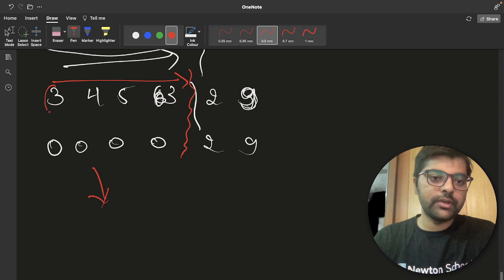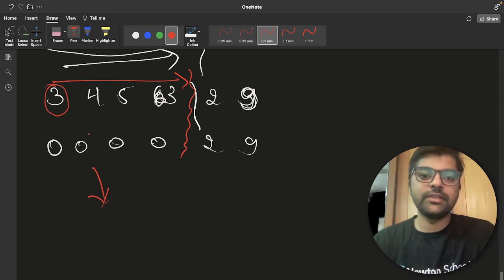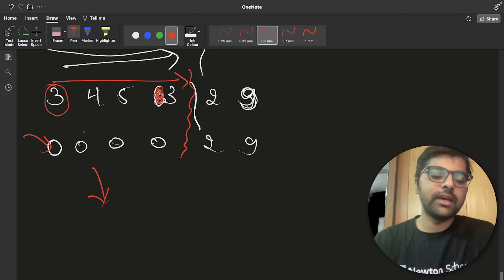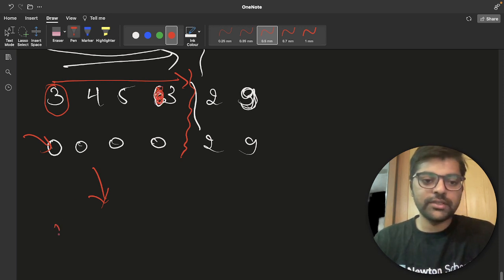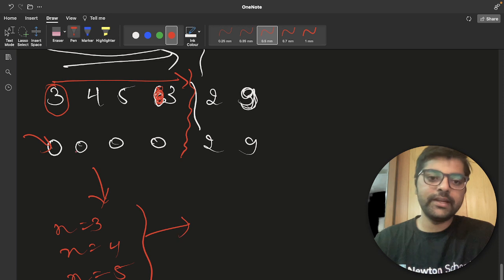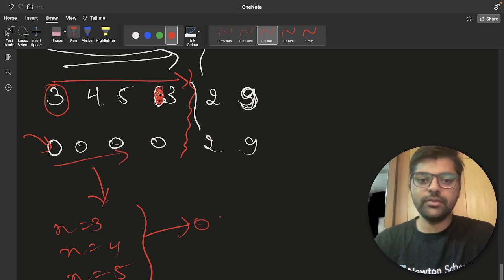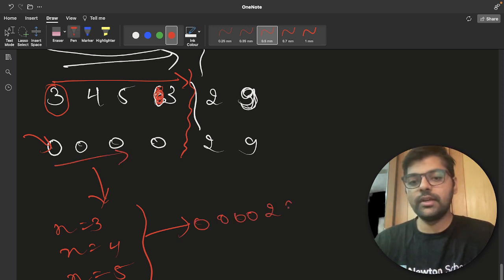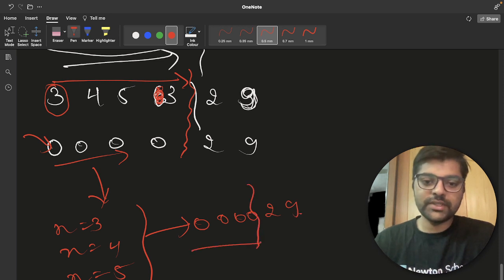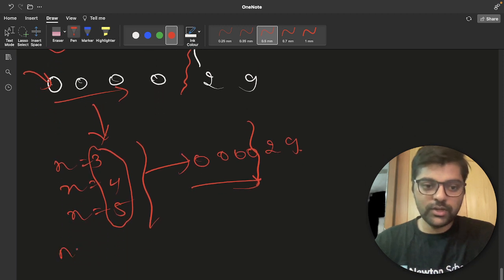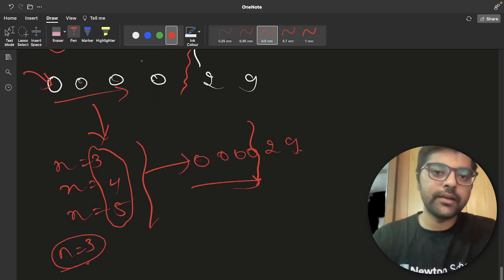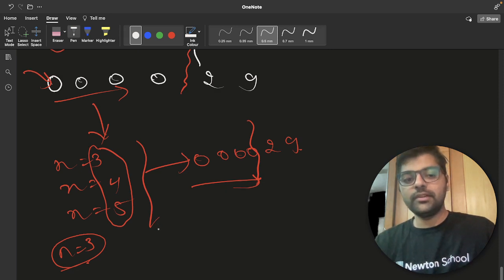That will be our answer, the total number of moves. This is our final sequence and this is our initial sequence, right? So if we select x equal to 3, x equal to 4 and x equal to 5, then we will get this type of sequence, our final sequence 0, 0, 2, 9. So if you know that our final sequence is this, then we can easily find the number of operations, like here n equal to 3 we will get. So we are approaching in a backward way.